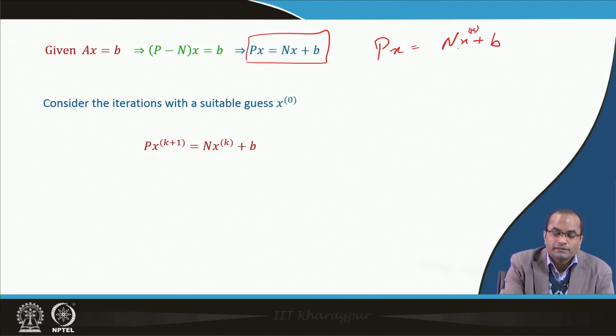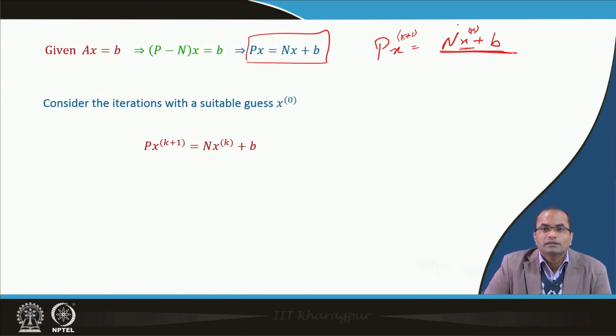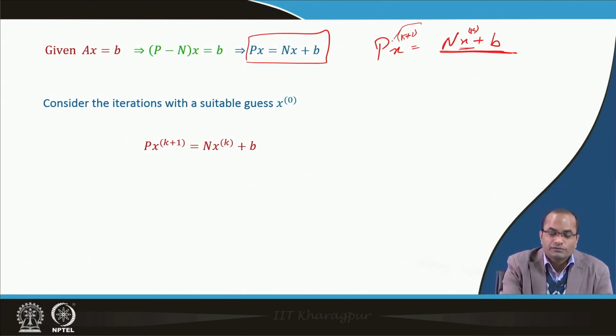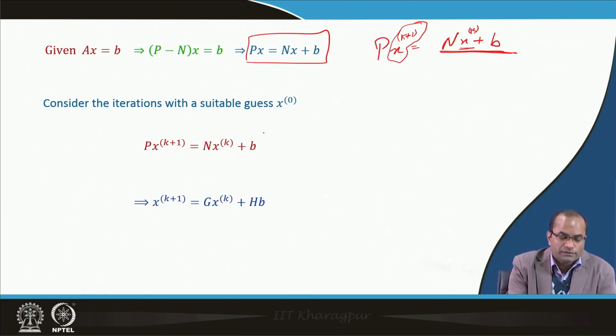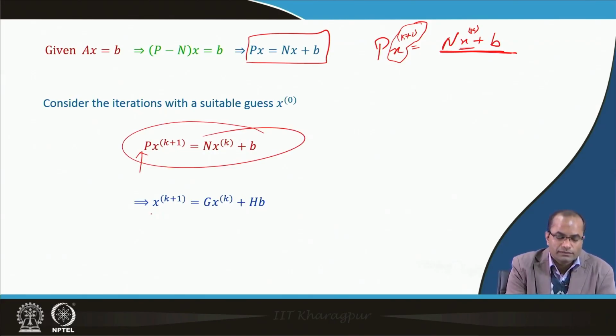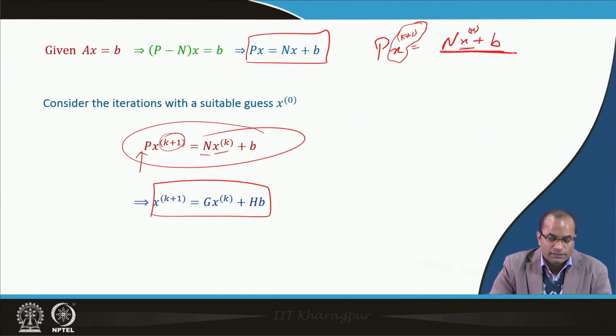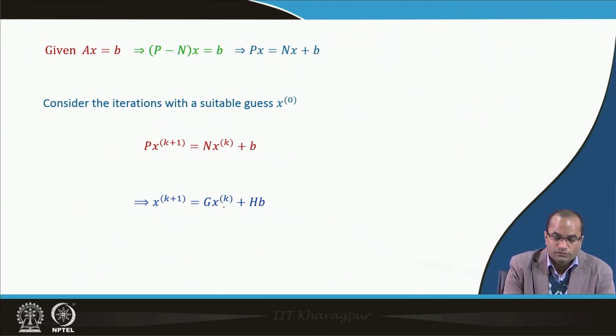So, having P x is equal to N x plus b, what we do is supply on the right hand side some known solution starting with x 0, compute N x plus b, and this is equal to P times x superscript k plus 1. In this way we search for x k plus 1, the improved value. P is an invertible matrix, so instead of writing P x power k plus 1, and it is only a notation, we have finally written it in this form: x k plus 1 is equal to G x k plus